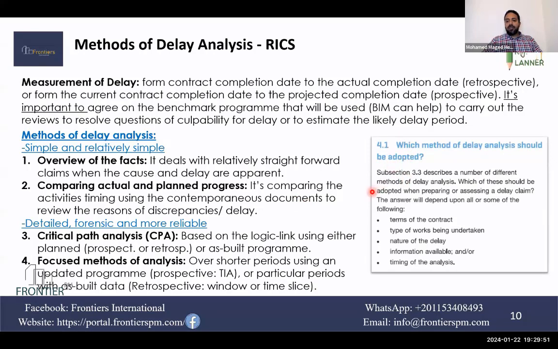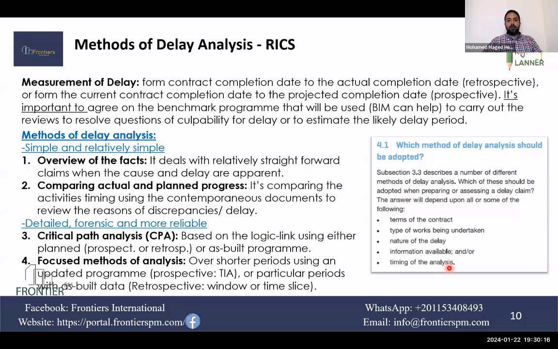And here they added the factors for which method you are going to adopt or select based on the terms of the contract. It's a key item. If it's mentioned in the contract, you cannot go to another approach. Type of works being undertaken, nature of the delay, information available, and timing of the analysis.